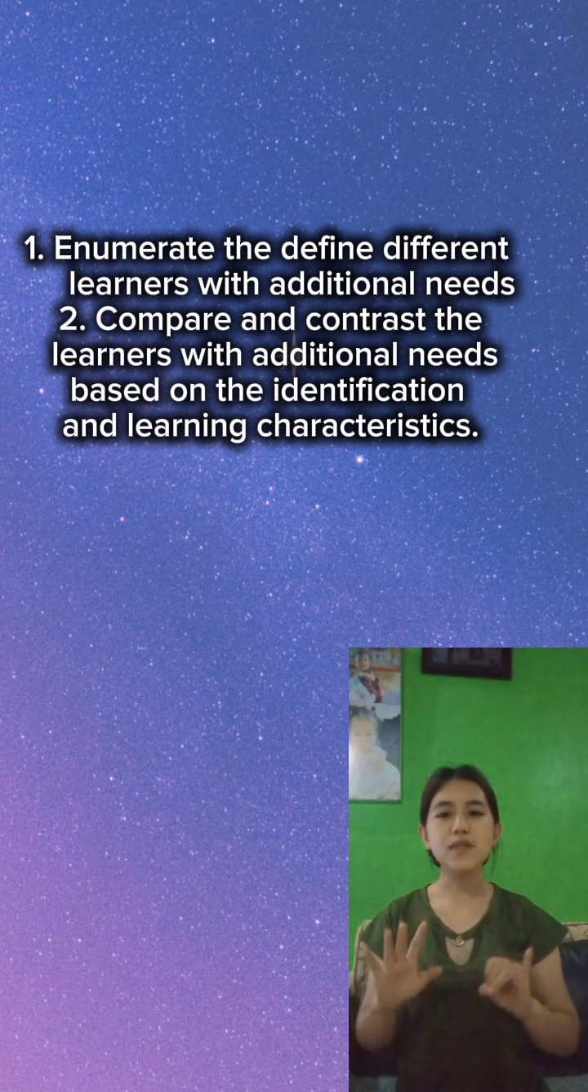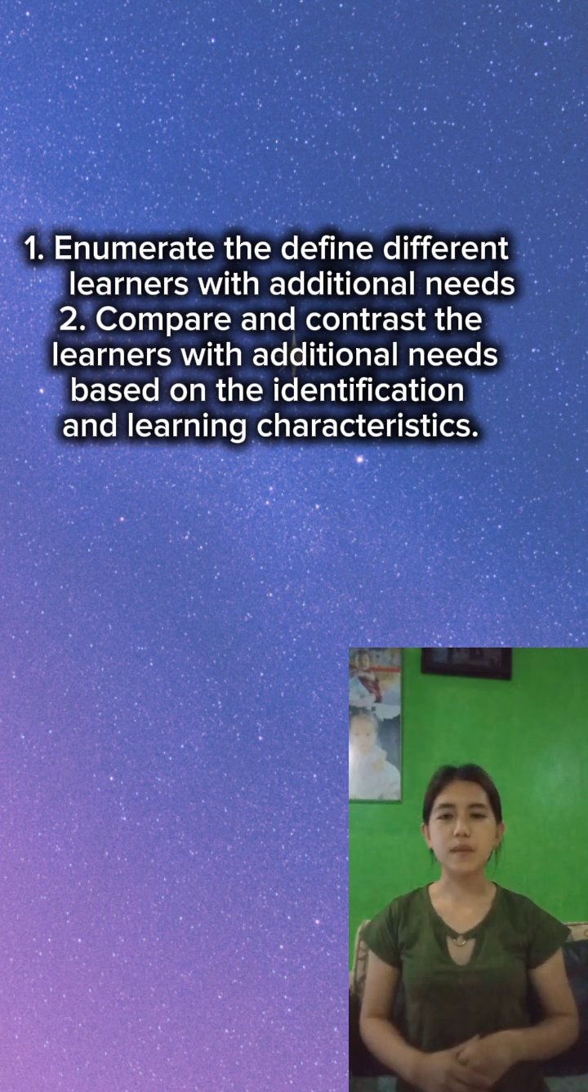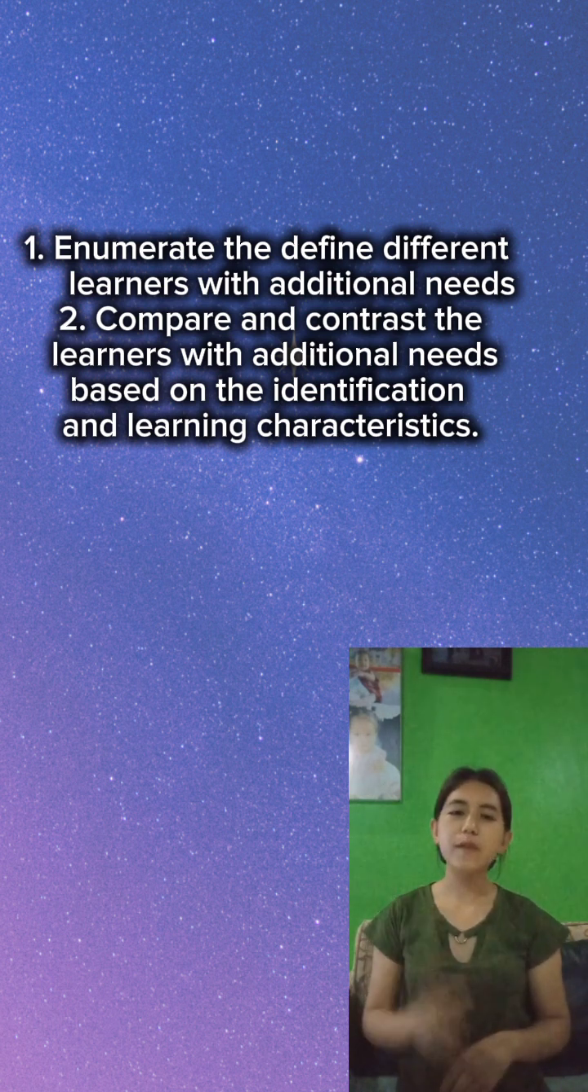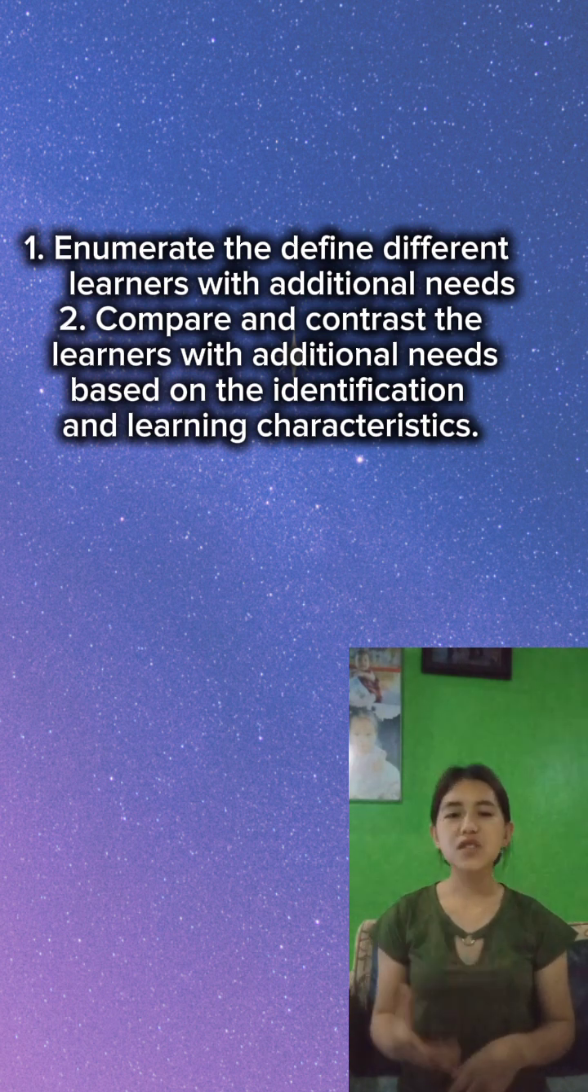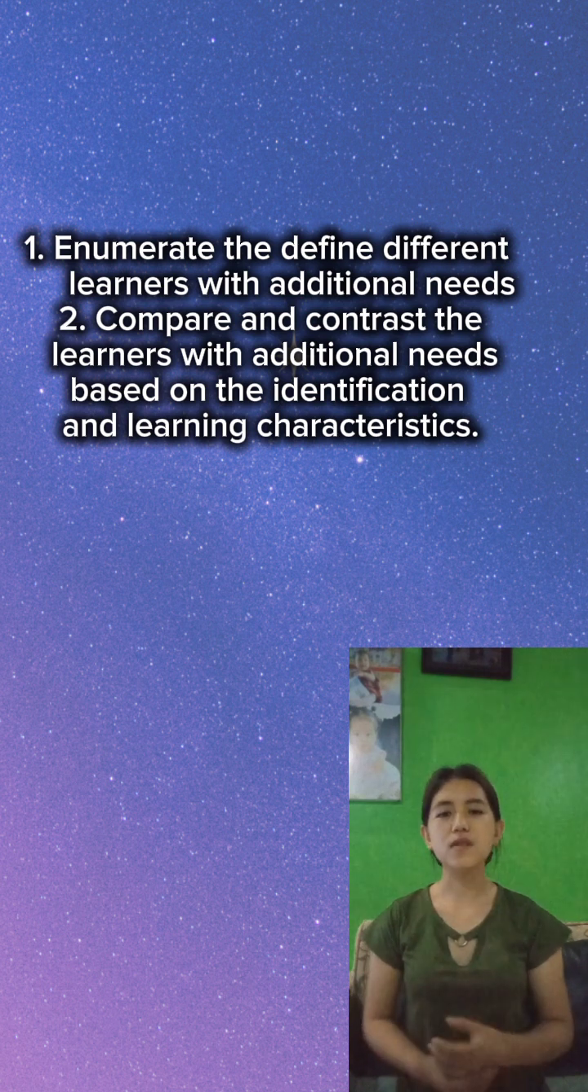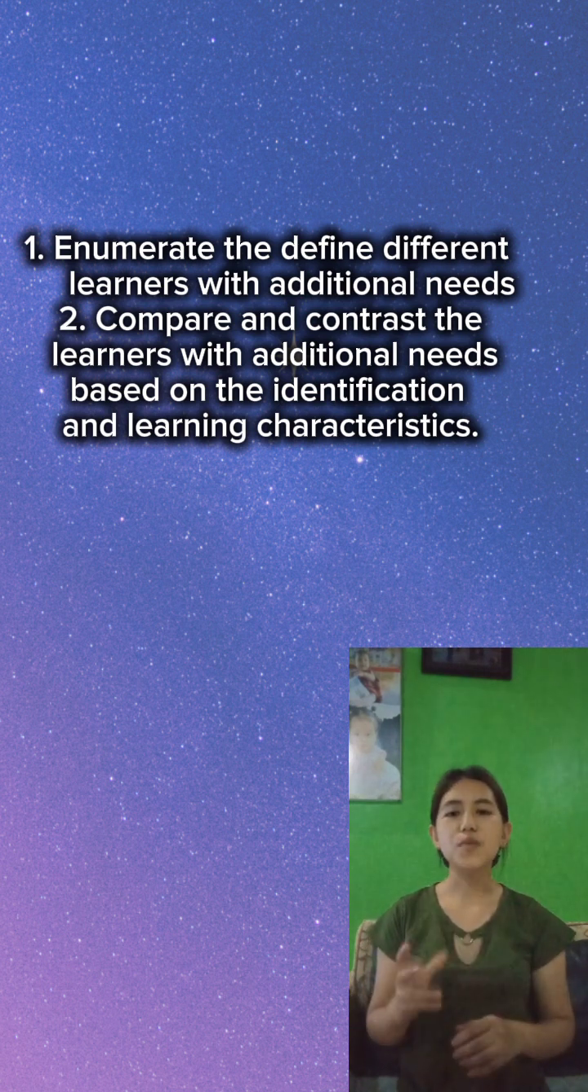So the sixth one is the learners with difficulty remembering and focusing. So they are identified as struggling with memory, retention, and maintaining attention on every task. Their learning characteristics benefit from strategies to improve memory, focus, and organization, and may require support in staying